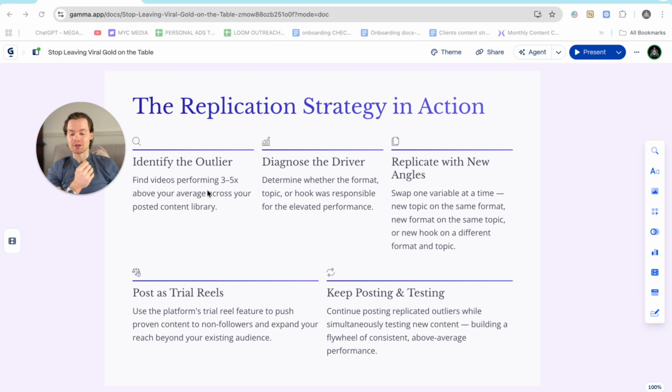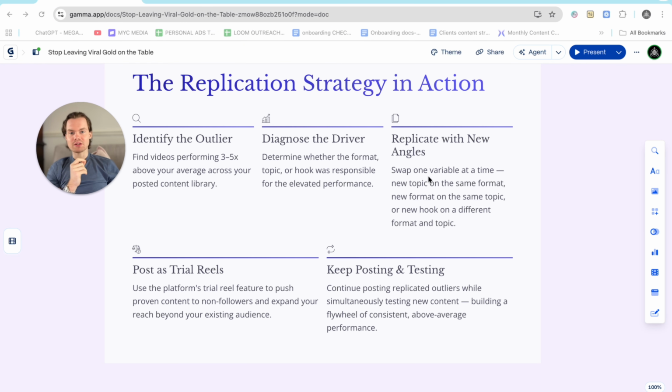Okay, replicate that. If you haven't posted content, go outside your industry, find formats, topics, and hooks that are already proven to work. Take them and apply them to a relevant topic within your industry. Just make sure you keep your messaging dialed in so it goes to your ideal client. And then post 15 of those in different ways, and you're going to find your outlier. Go all in on that.